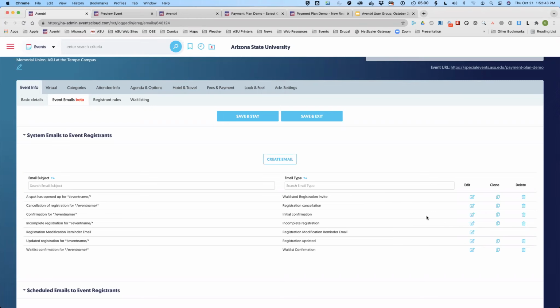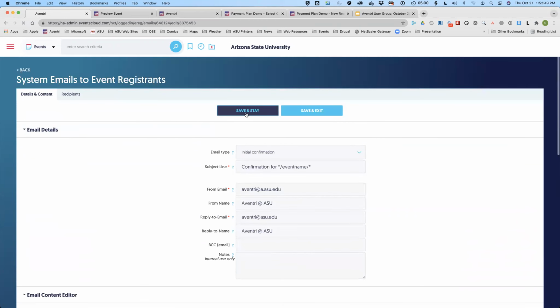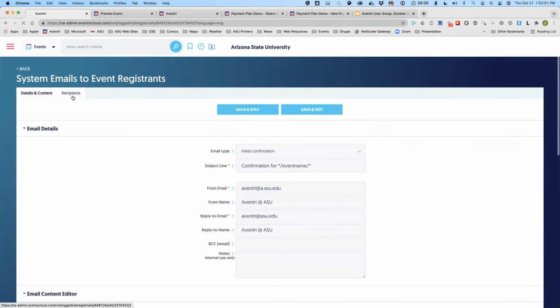So I would use the secondary confirmation restricted just to my paid categories. The initial confirmation goes to everybody with times and dates, but I'd make a secondary confirmation for anyone who's paying money with a link to the receipt. And that way they only get the secondary email if they need to pay.